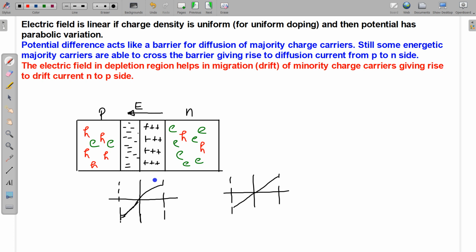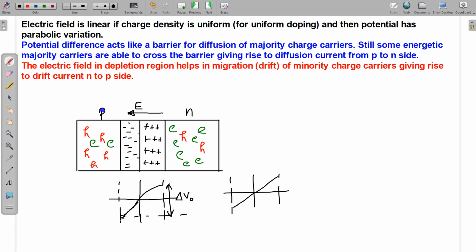So there is a potential difference between these two, and this is the potential difference between the two. Delta V naught, we can say it. This potential difference acts like a barrier for diffusion of majority charge carriers. Now what is happening is,